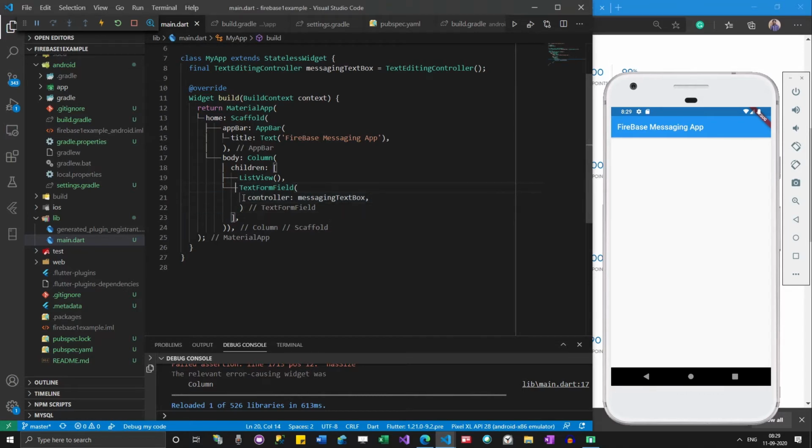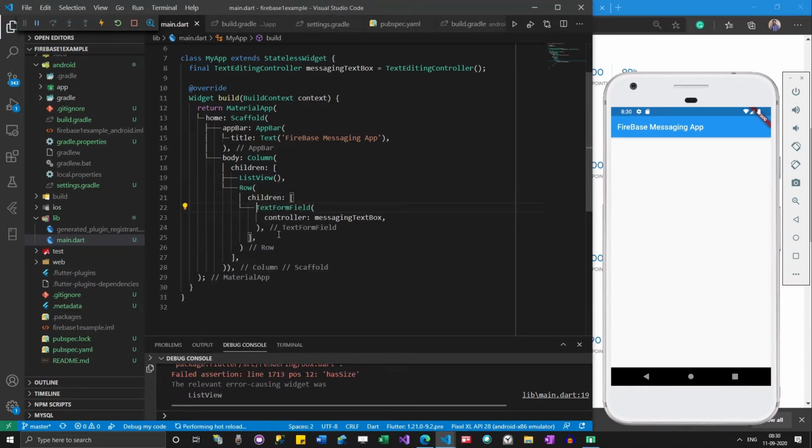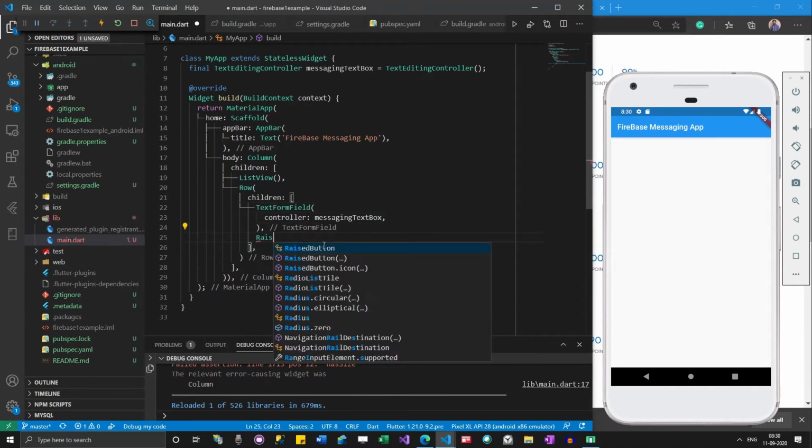Next to the text form field, we need to have some send button, right? So we have to add it like this. Okay, we need to have those things in a row, right? Raised button.